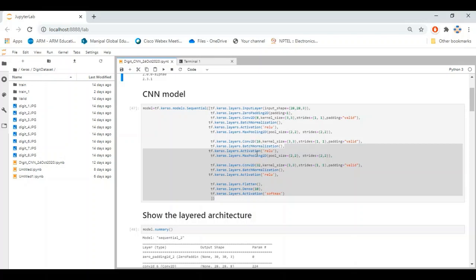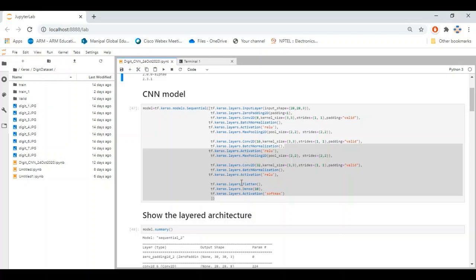Then similarly, third stage. As you can see here, the height and the width of each layer keeps reducing and the number of channels is increasing. The first stage has only 8 channels, then you can see 16 filters, then 32 filters, whereas the height and the width will be reduced.